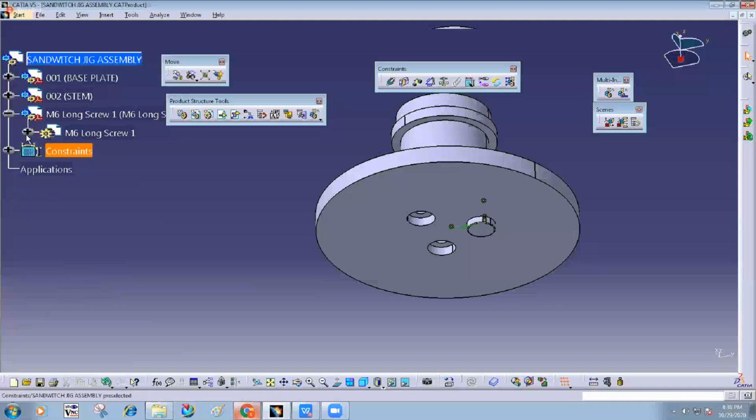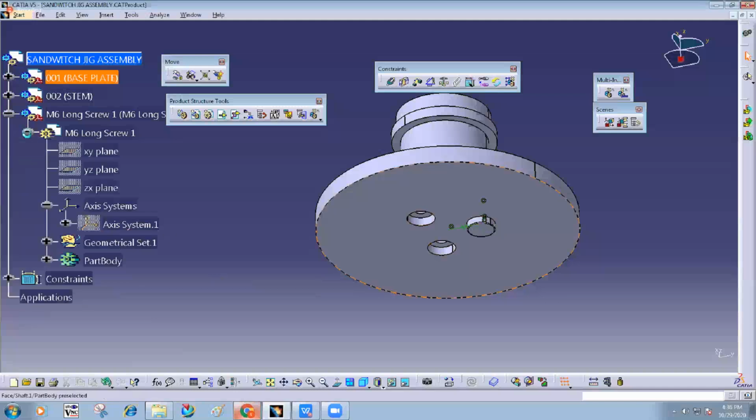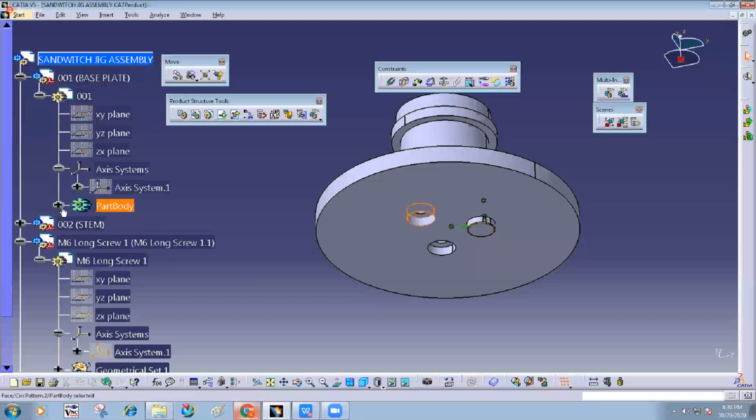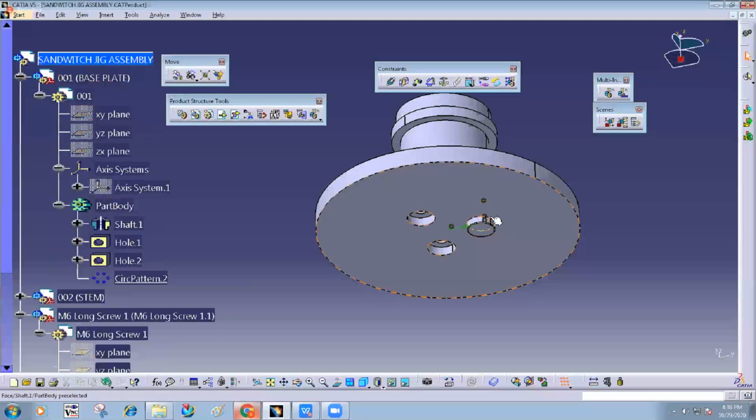And how to repeat this 3 times? Reuse pattern, but there should be a pattern created in this part. I think we already did the pattern, right? So I use this, but you only need to ensure where your original hole is. Yeah, at the correct location I placed it. You should not place this bolt over here because your original hole is located at this location. At the original location of the hole only you have to assign the fasteners, and these two are the instances of the pattern.